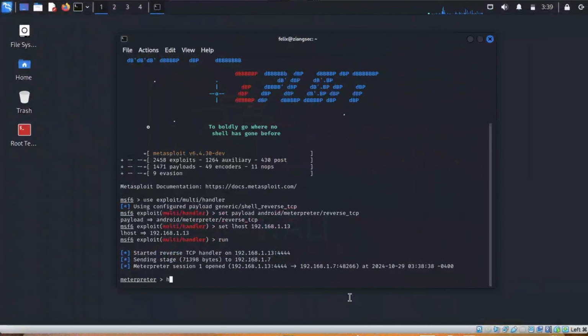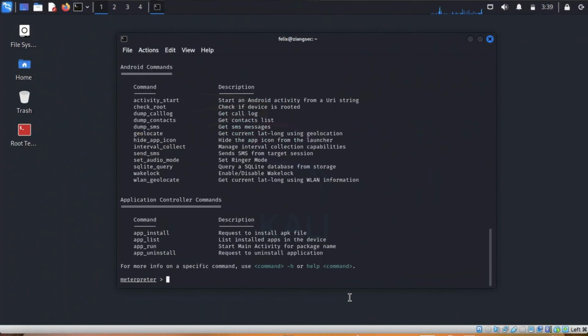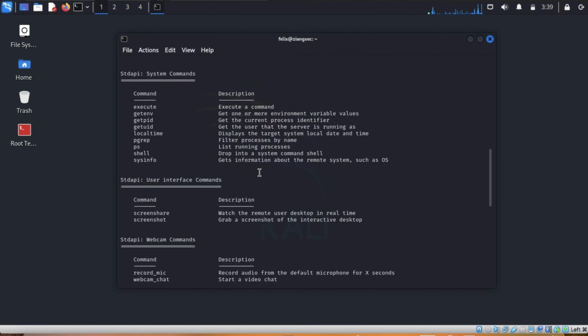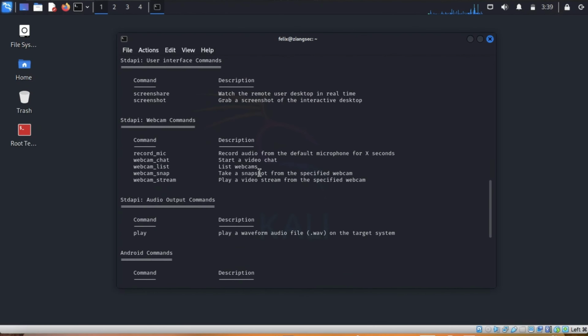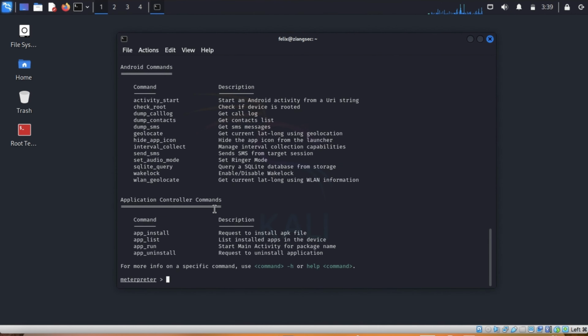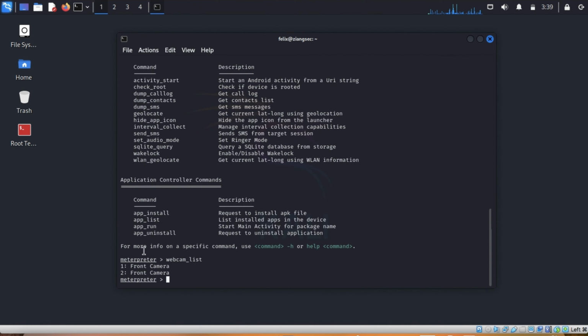So for example, the hacker can type help. You will see different commands. We are interested in this one, webcam_list and webcam_snap. We type webcam_list and we will see the different cameras. I have two front cameras because this is a phone wherein the second camera is a pop-up.